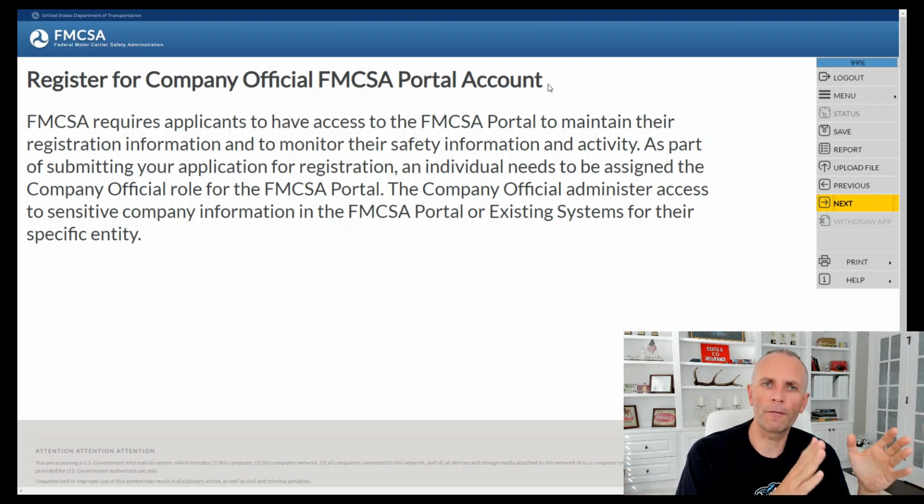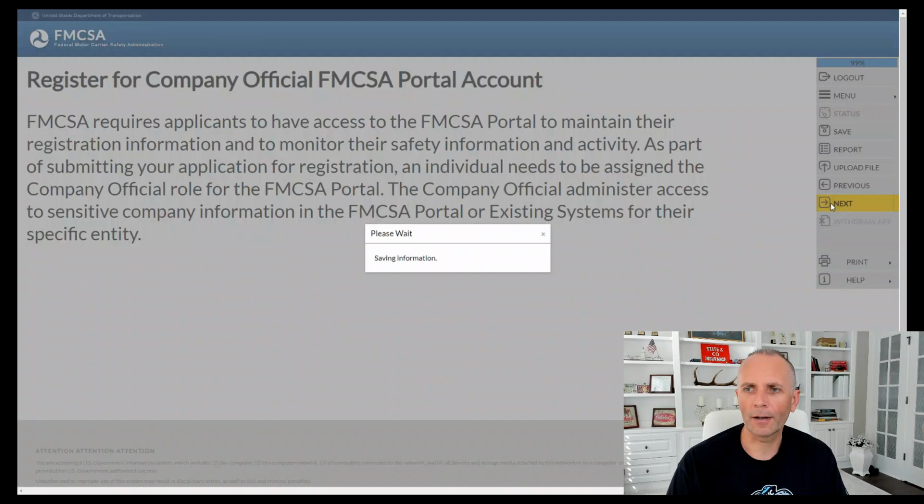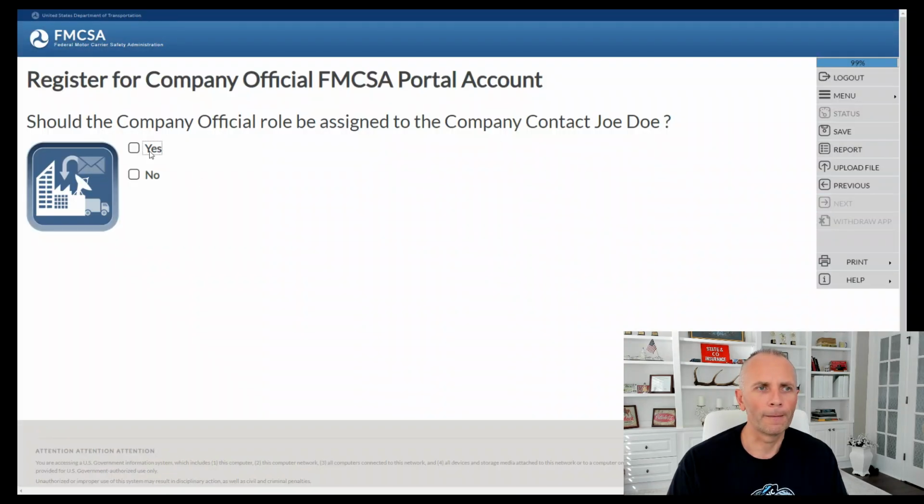So this is for FMCSA clearinghouse portal. You will not have to use and access this as much as the FMCSA application. This is where, again, address updates, phone number, email updates. So yes, you'll have to create that account as well. Okay, and yes, it's the same officer and again, make sure you save all this information, your logins, passwords, emails,